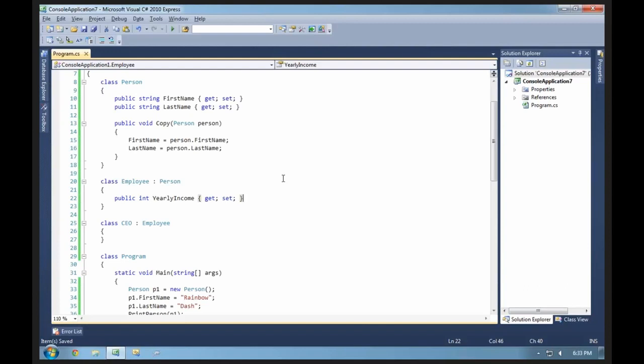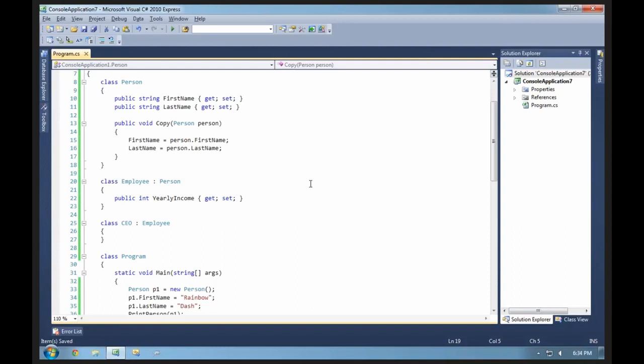Could you give a quick example of, now that you've got these three layers, just why it can be bad? I can't think of one off the top of my head. Well, why it could be bad is because conceptually, what are we doing here? A CEO, an employee, and a person, or more specifically, an employee and a CEO are pretty much very similar concepts. They're still people. The difference between those two is quite possibly the behaviors and the data on them, and maybe what they're allowed to do.